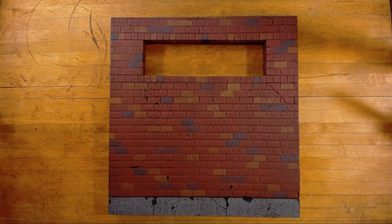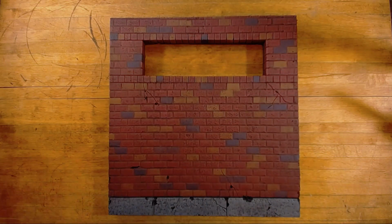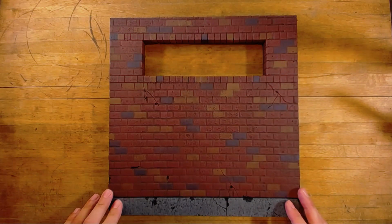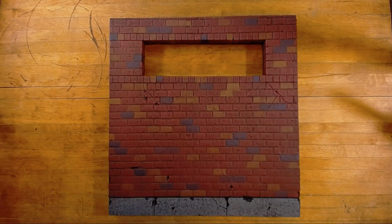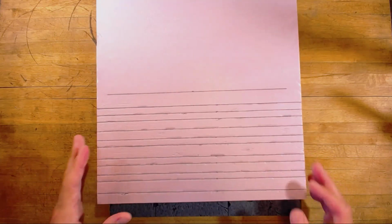So tonight, for a little while, we are going to work on this piece. Not a lot on this particular piece. I've got the floor piece that I'm going to work on coming up here in just a moment. But I was going to show you one of the things that I did to get these different little color differences in the bricks. It's really simple, so hopefully people that watch will find it helpful. We'll do a little bit of sculpt work and a little bit of weathering on this floor piece. So essentially what I'm doing,